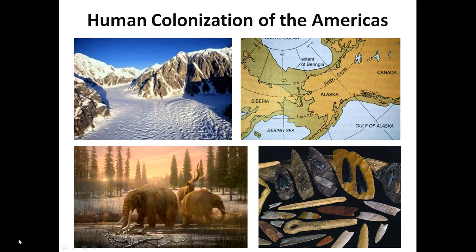We will look at the human colonization of the Americas that began about 15,000 years ago, as early human populations from Northeast Asia crossed into the Americas via the Bering Land Bridge or along the coast of this land bridge. This was during the Ice Age, and these were hunters of extinct megafauna like mammoth and mastodon. They had very sophisticated stone tool technologies, and we will also investigate the genetics of these early populations.